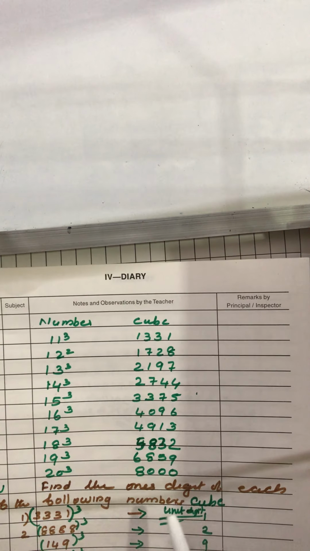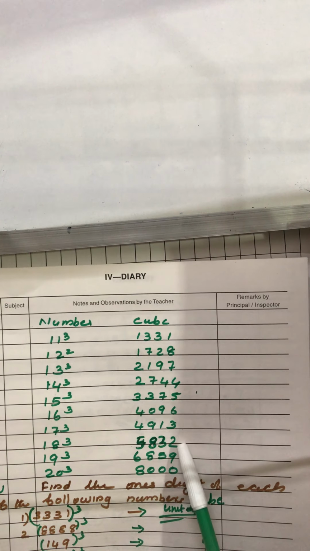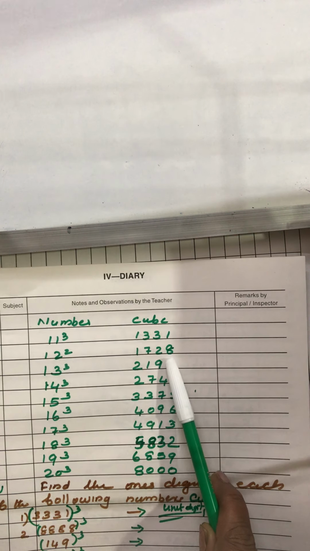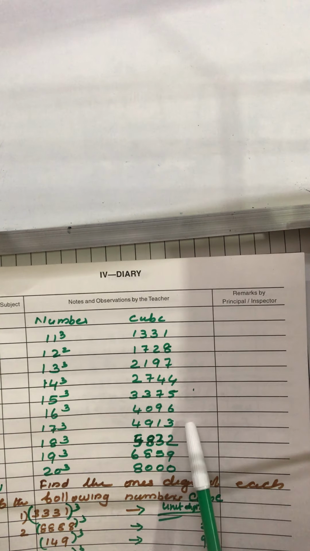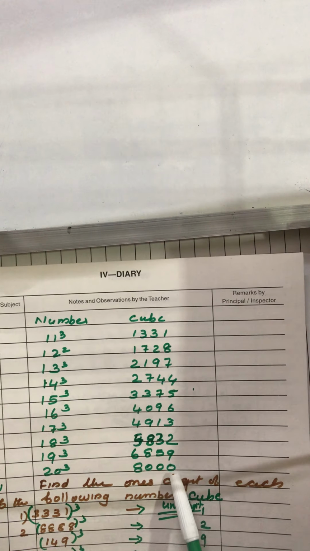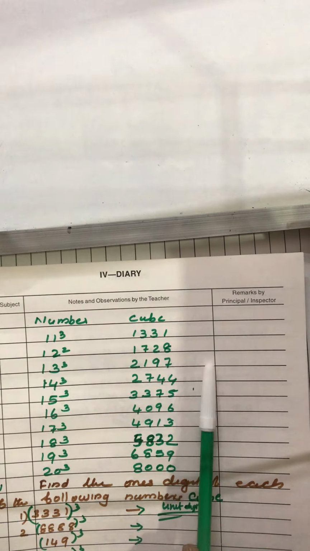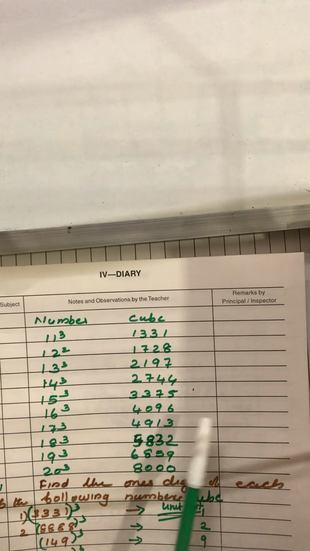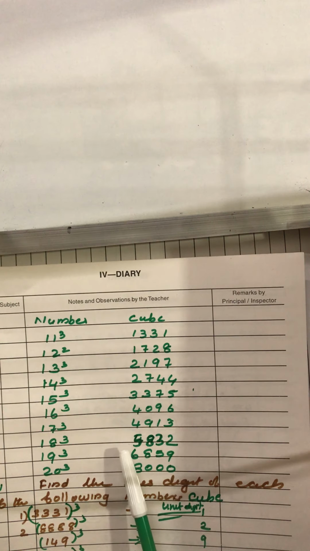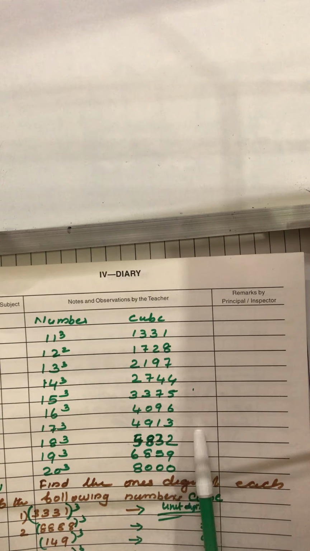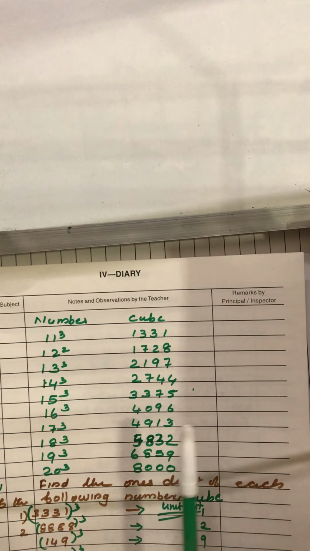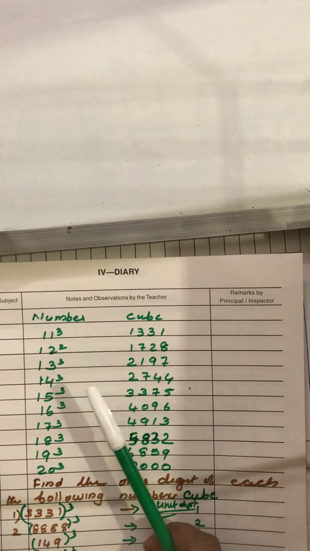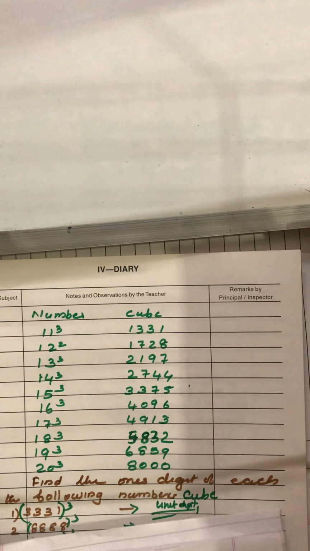Now just again go through the unit digit. 1 is there, 2 is here, 3, 4, 5, 6, 7, 8, 9 is also here and a 0. So all digits from 0 to 9 are in the unit digit. So we are not able to identify whether a given number is a perfect cube or not by examining its unit digit. That is only possible in the case of a perfect square. So we can find out the unit digit of the cube of the numbers.